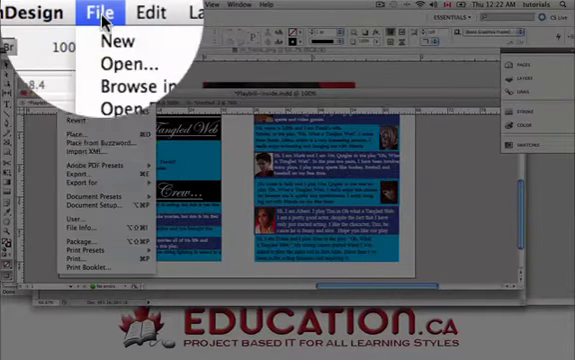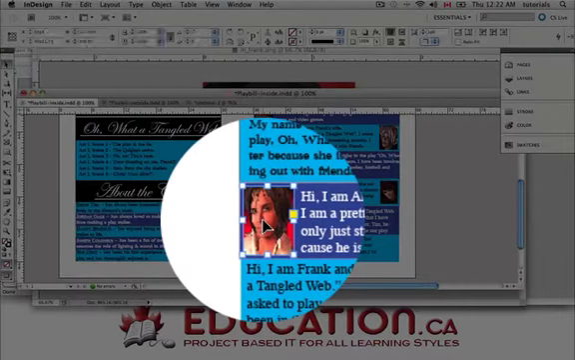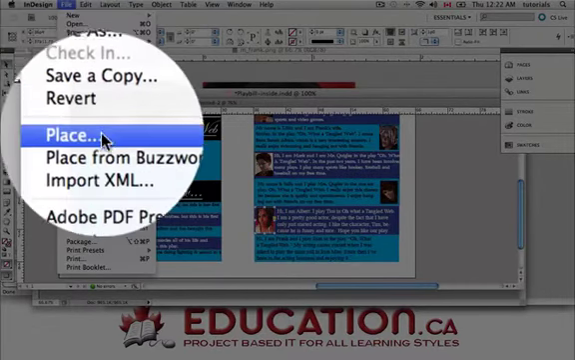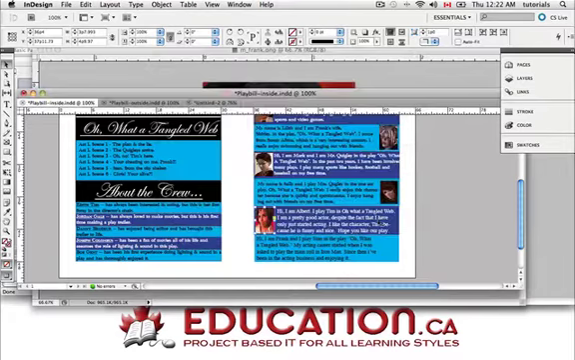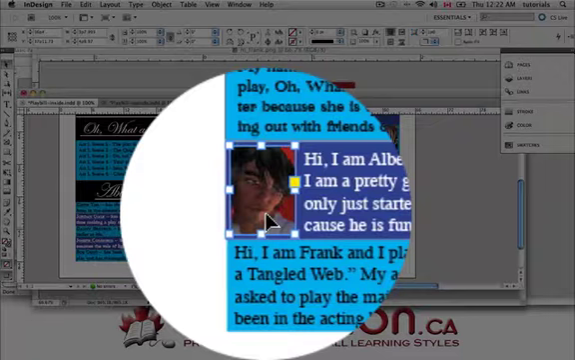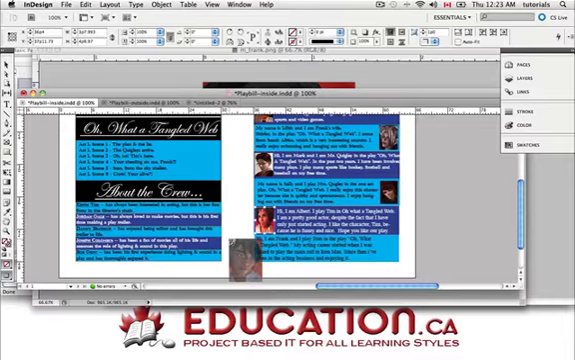I'm going to go File, Place. Now I want to point something out quickly. If I would have stayed clicked on this picture and I would have gone File, Place, and then selected that new picture, which was M. Frank, you'll notice that it automatically is placed into that frame. And that's why